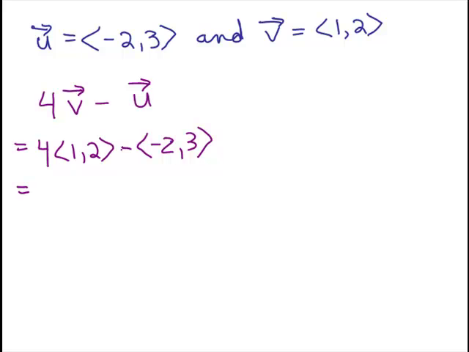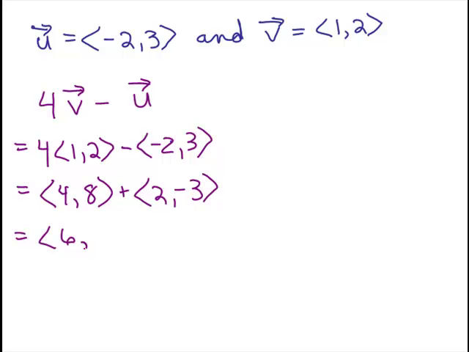I know that's not the technical word usually, but we have 4, 8, and we could just keep the minus sign, or we could change that to plus and then sort of like distributing the minus sign. That'll be a 2 and a negative 3. That's up to you. And then we're going to do 4 plus 2, which is 6, and 8 minus 3 is going to give you 5. So that's 4v